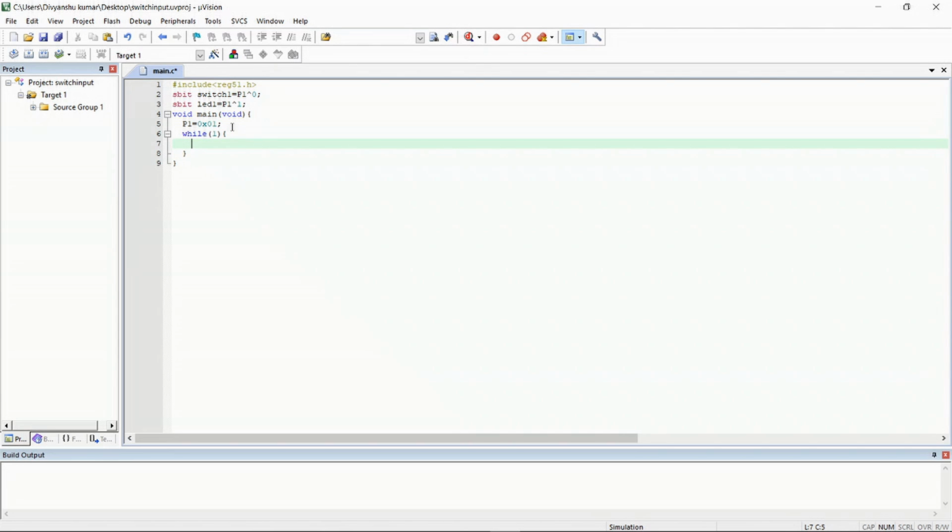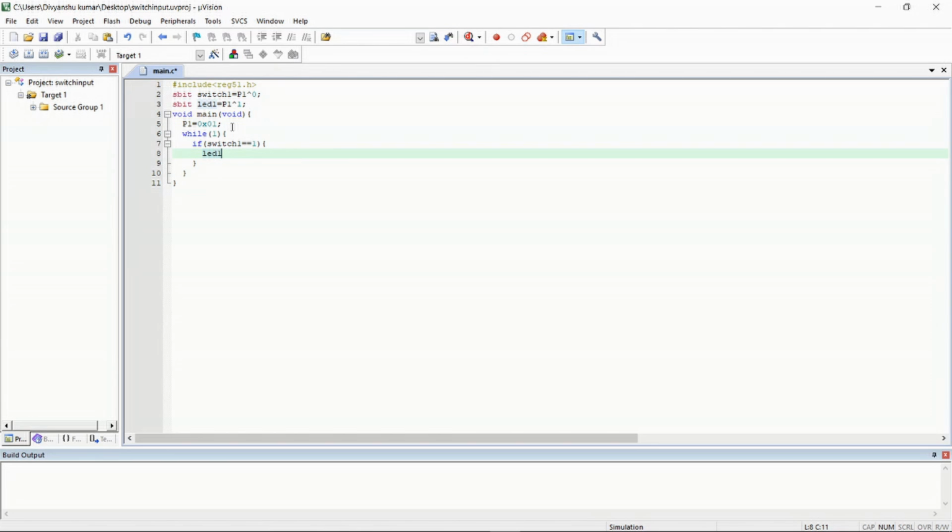Now let us write our main loop which will run on our microcontroller. Let us suppose that our switch is first on. So if switch is on, then I want to turn my LED off. You can also turn it on, it is your wish, but I am going to turn it off here. So LED 1 equals 0, and then I will check if the value of switch is changing. I will keep running this unless its value changes to 0.